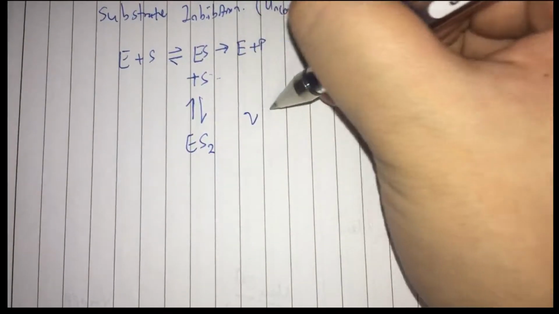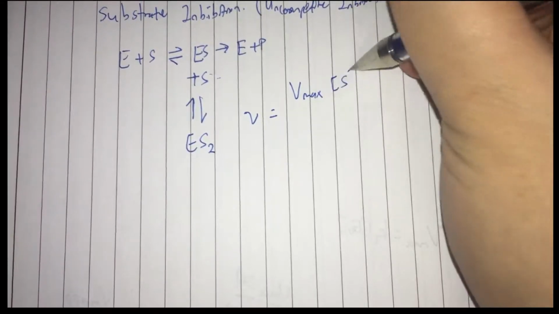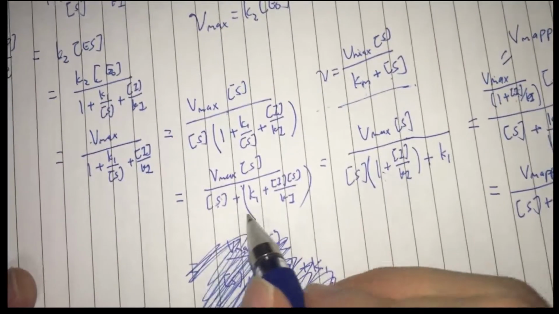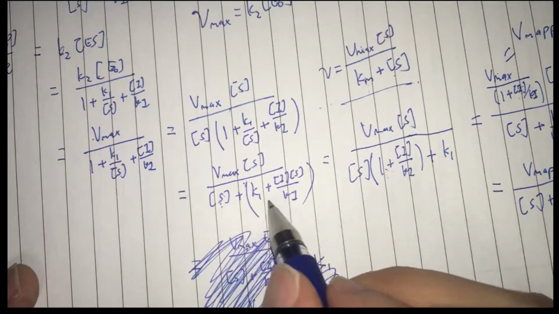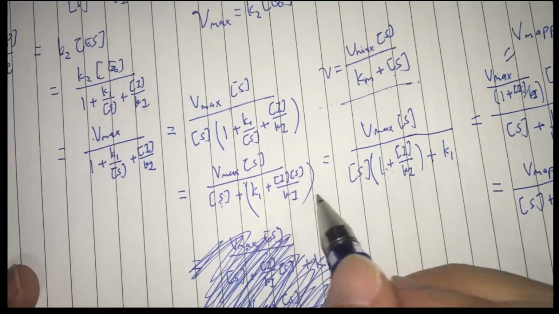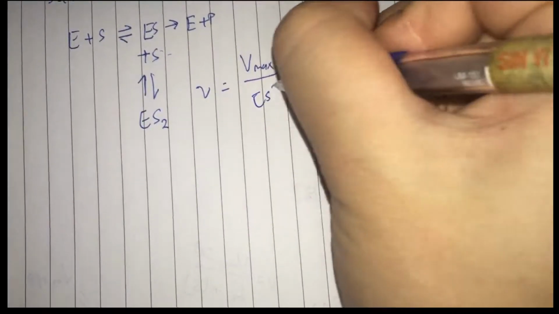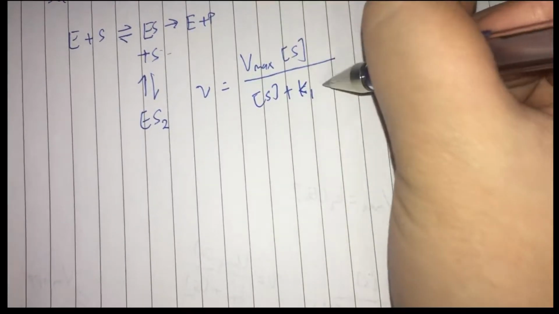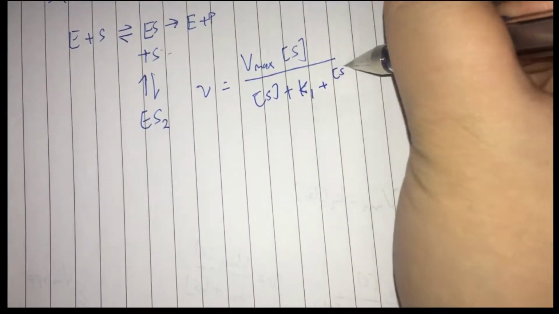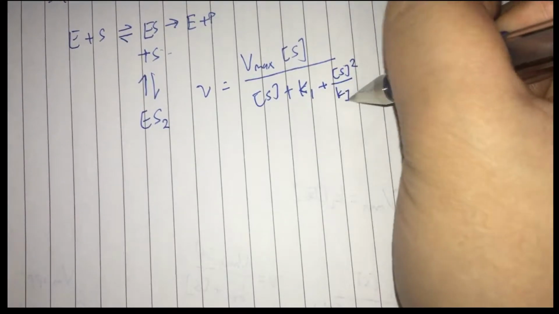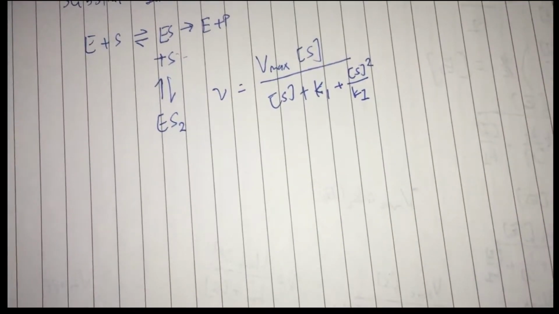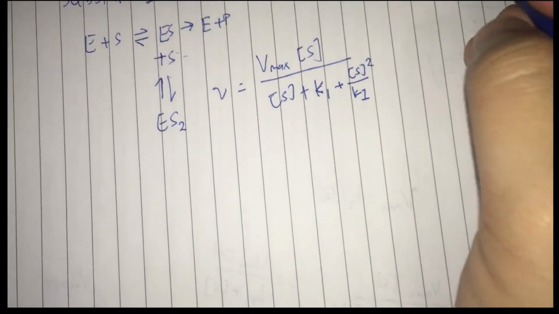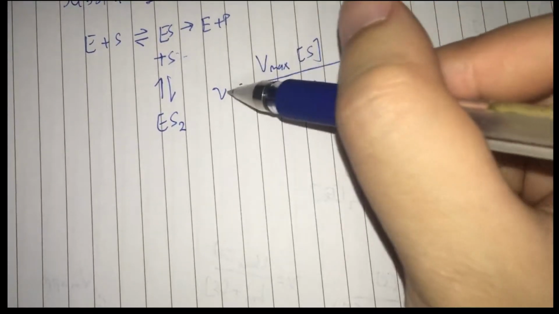So V equals Vmax into S over S plus K1 over S squared over Ki. So let's do S plus K, big K1, plus S squared over Ki. And that is it. We've just gotten our expression for